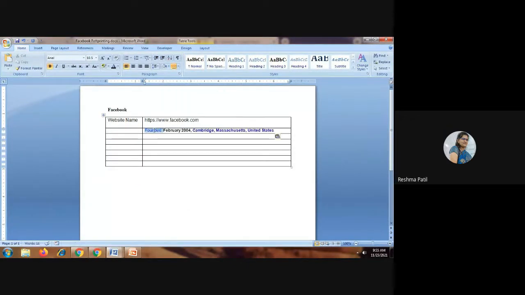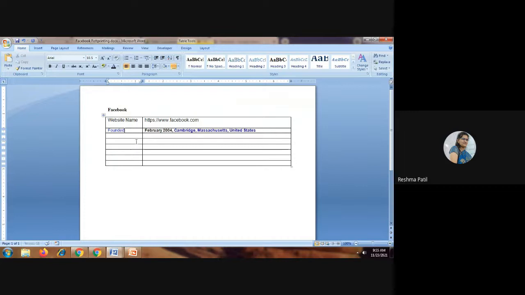If you are getting related information, then you can show it here. Some sites are restricted and will not give all the information. So whatever information you are getting, you have to paste it here.